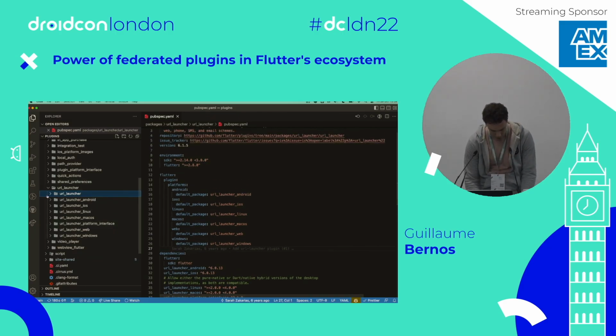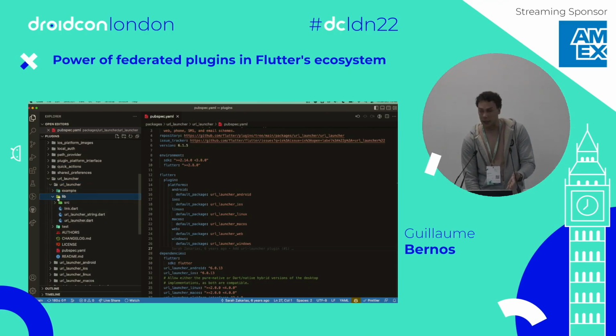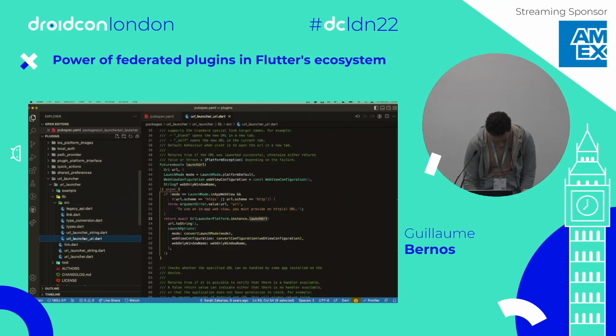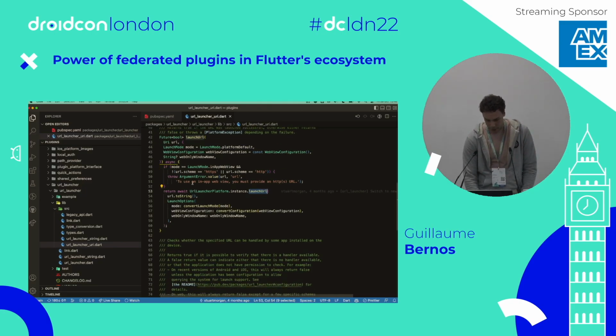That's it, but if I go a little bit deeper in the lib folder, as you can see, we don't have any Android or iOS folder right here. And if I go right here, to this method launchUrl, which is exposed when you want to open a URL in your Flutter app, you can see that we are using the URLLauncherPlatform.instance to launch the URL. So we don't do anything native here. We're just using an interface. And this interface is